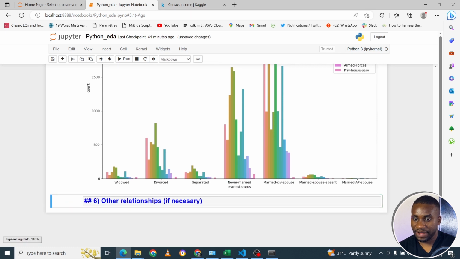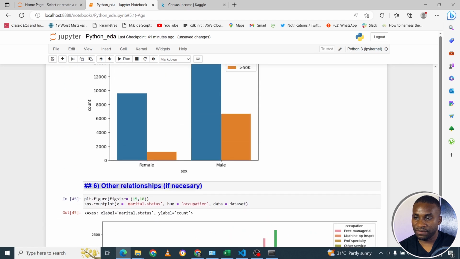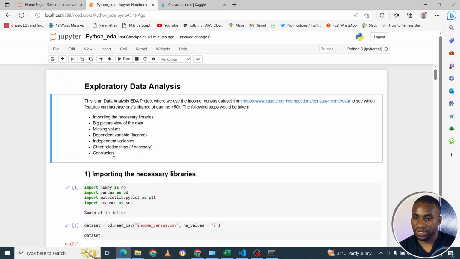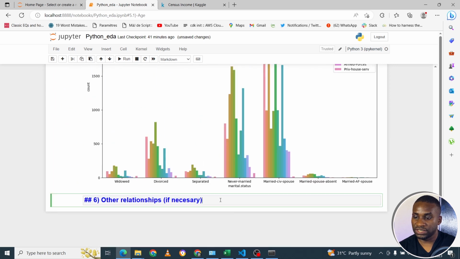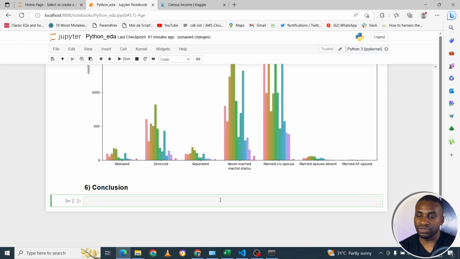Conclusion here, press M, and then you can now say this is the conclusion. Where is it coming from? It's coming from here. So we are just going to come down now and say, after you do all those things, we want you to be able to come up with a very good conclusion overall. I've seen that age and education or sex really have a huge influence. So you're going to do your markdown here, and then you say maybe overall. You're going to type lots of things here, so that at the end of the day, somebody looking